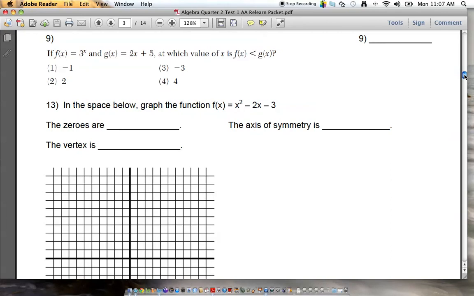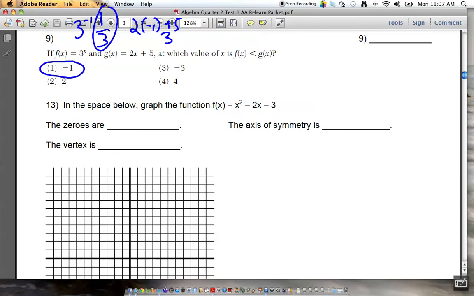Number 9. If f of x is 3 to the x and g of x is 2x plus 5, for which value of x is f of x less than g of x? Well, I would do the same thing. I would plug them in. So if I plug in a -1, I'm going to get 3 to the -1, and over here, I'm going to get 2 times -1 plus 5. Now, 3 to the -1, negative exponent, is 1/3. 2 times -1 is -2, plus 5 is 3. Well, clearly, 3 to the -1 is less than 2 times -1 plus 5,